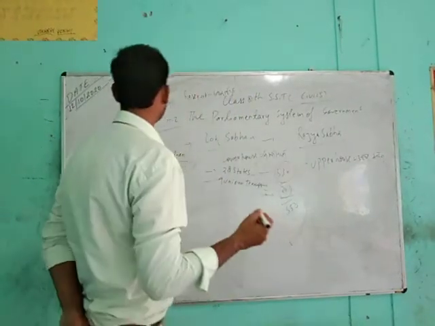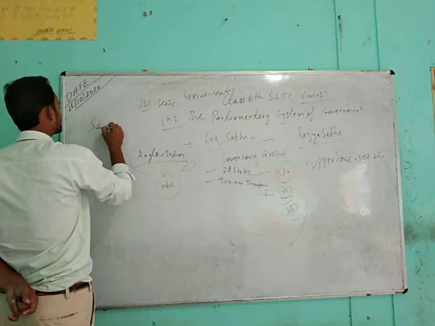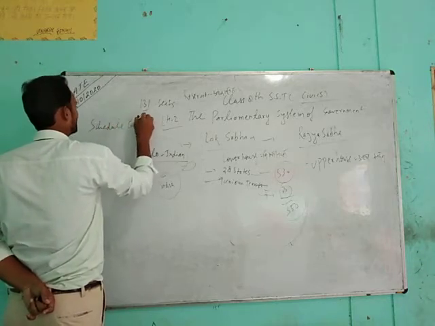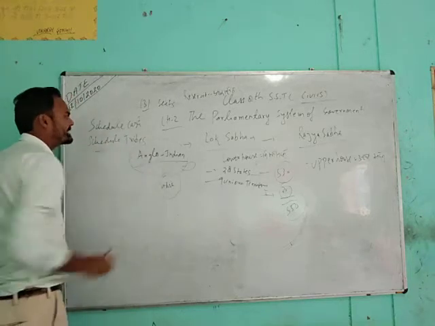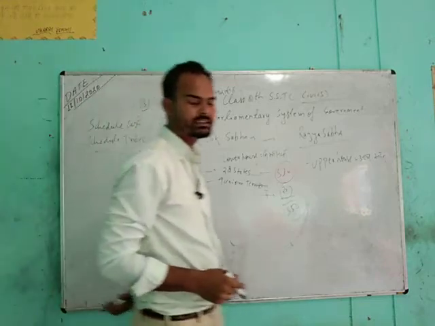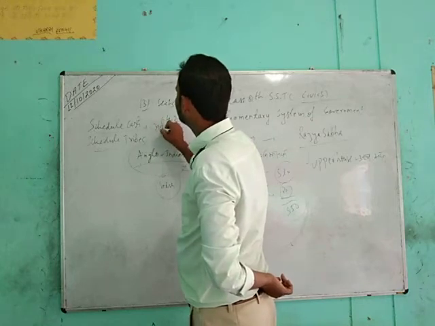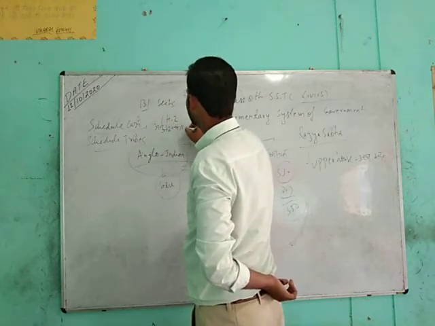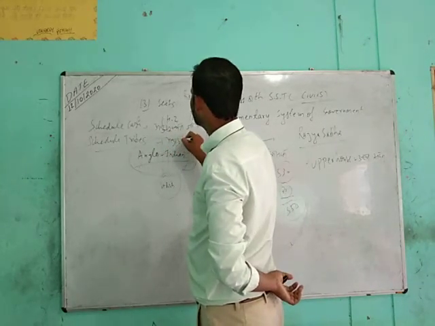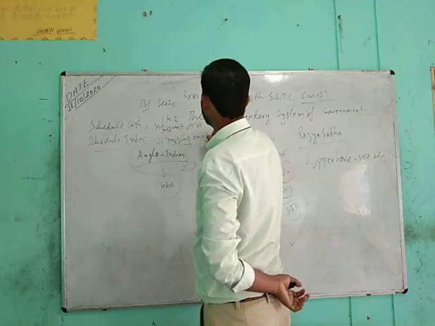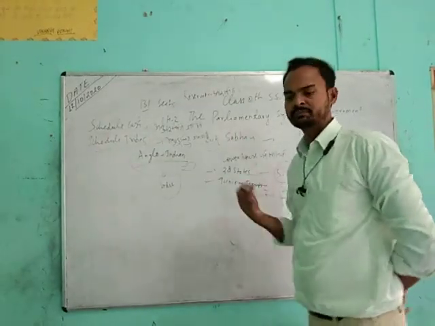tribes. So what is SC, students? That is scheduled caste and scheduled tribes. ST stands for scheduled tribes, and SC stands for scheduled caste. So students, in Hindi, scheduled caste means Anusuchit Jati, and scheduled tribe means Anusuchit Janjati. So these tribes mainly lived in mountain areas or forests, and the scheduled caste is known as Dalit,